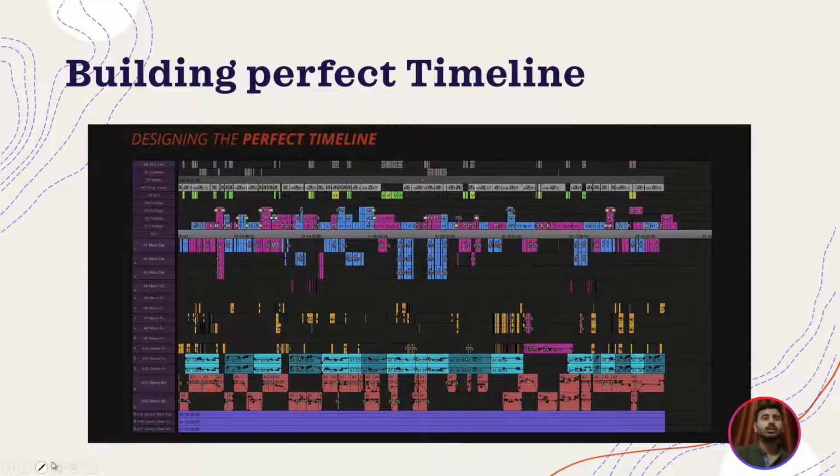Say for example, I will just use the pen. These tracks, these are video tracks, okay, and these are audio tracks, and what you see in between, this is what we call TC. Okay, so TC is basically your timeline counter, or this is your seek where you get your time code. Also, this timeline is from Avid Media Composer.